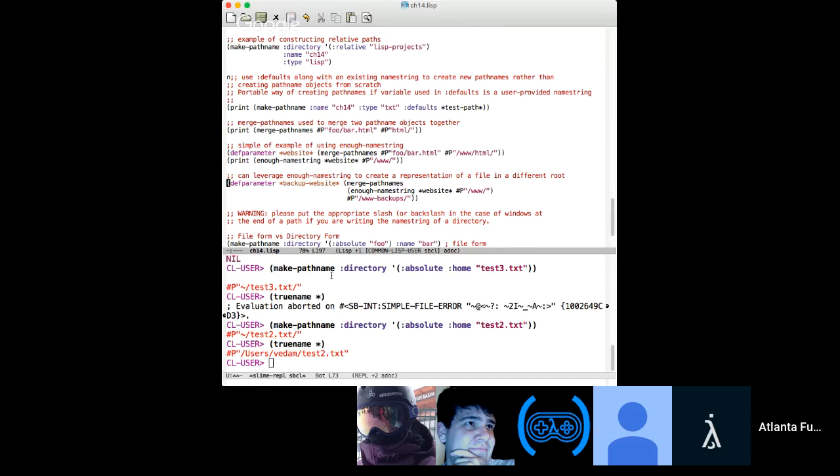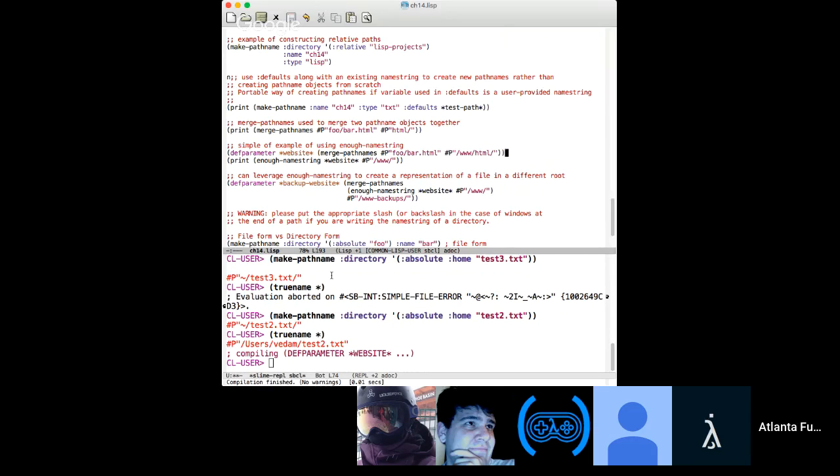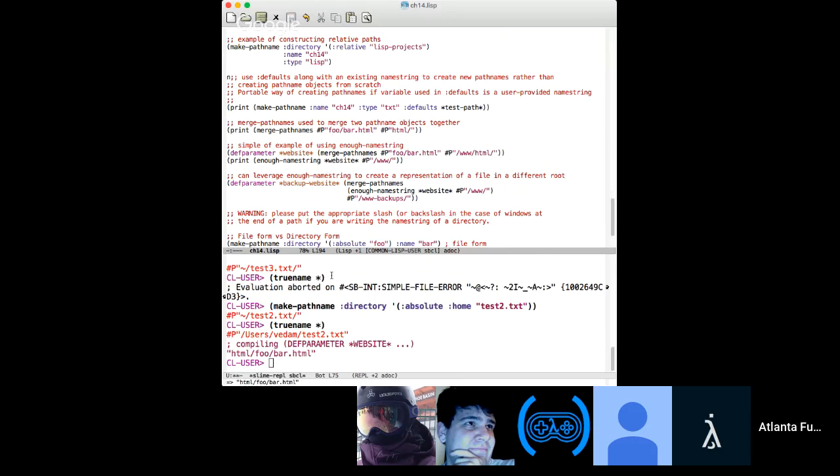And then the second argument is an absolute path, and it will return an absolute path, or it'll return those two concatenated as second path name and first path name. An example of this that I wanted to show you is let's say that you're creating a website. This is straight from the book, and you can leverage this thing called enough name string to grab portions of your path once it's constructed. So just to show this to you, it will take the path that I created earlier, which is /www/html/foo/bar.html, and just give me the relative path that was there,